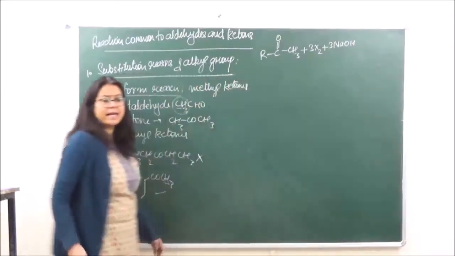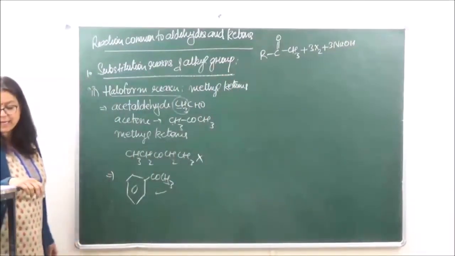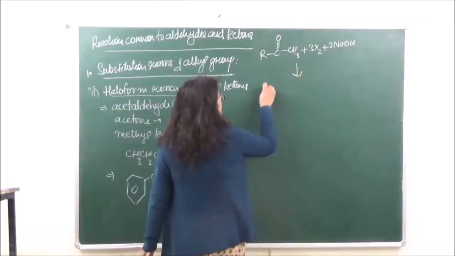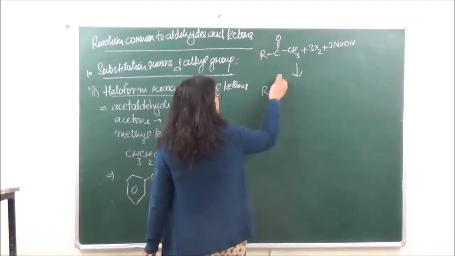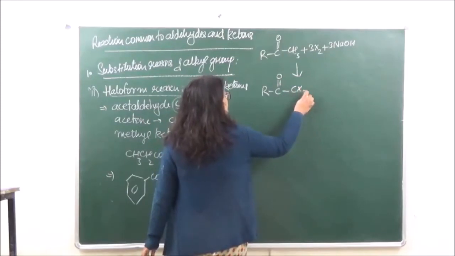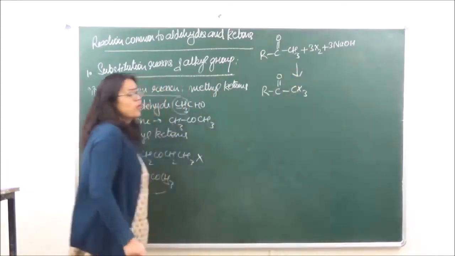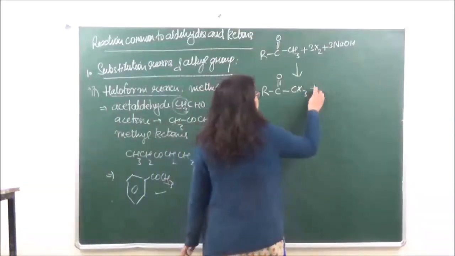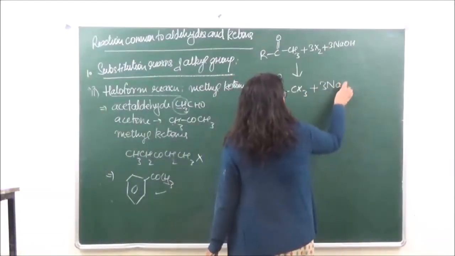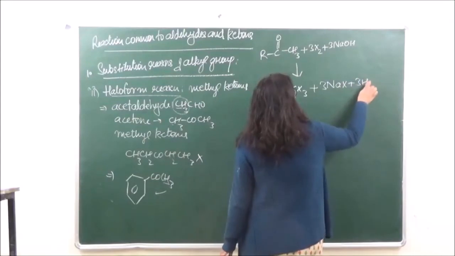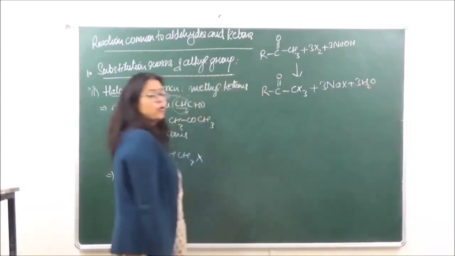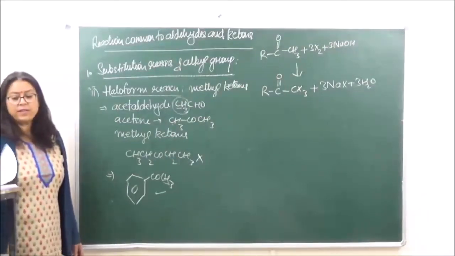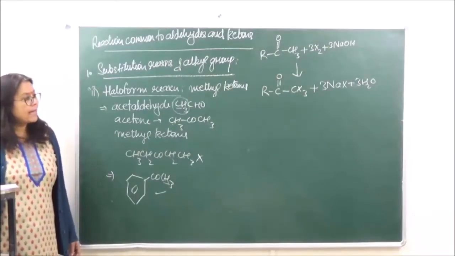We are reacting this in presence of an alkali. When we do that, all these three hydrogens are going to be substituted by the halogen, okay? Plus. Generally this test is done with iodine, because when we do the test with iodine we get iodoform, and that